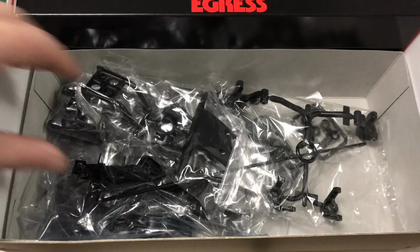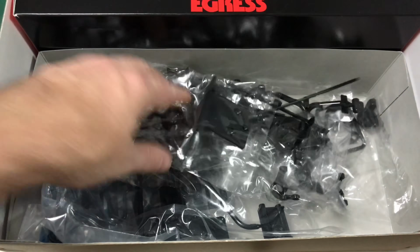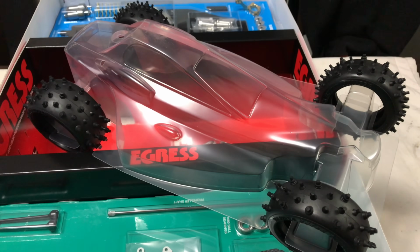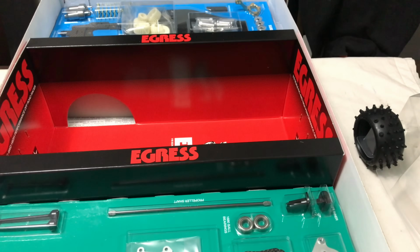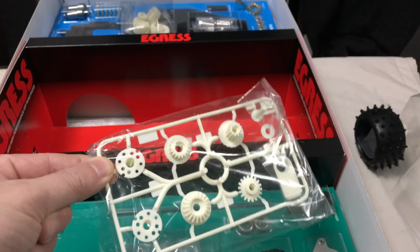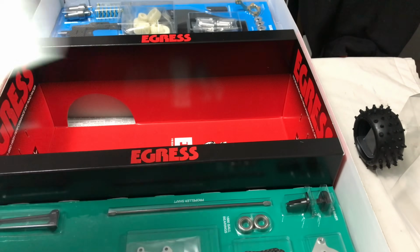And then just in the bottom of that we just have all our plastics, there's a fair bit. Sorry, bag rustling on a YouTube video is mega annoying, so I apologise for that. But you get the gist of it. And then in the centre section we have the Egress body shell and obviously the tyres, which is a cool way of packaging, I think. It looks mega cool. Within that we also underneath have the large under tray that goes on. There is one pack of diffs, I think, bevel gears, and the beautiful